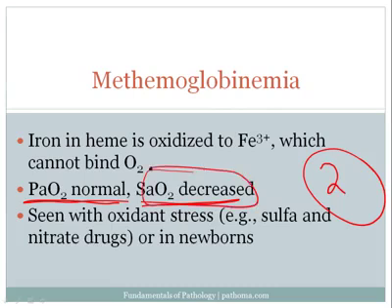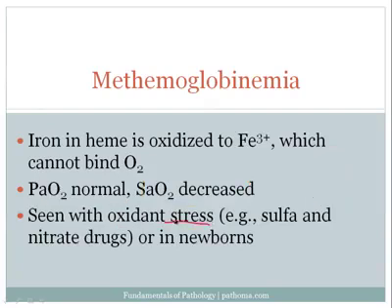Now, the next point to be aware of is in what clinical context would we actually see methemoglobinemia? Classically, it's seen with oxidant stresses, which have the ability to oxidize the iron. So what are some oxidant stresses? Well, sulfa drugs are oxidant stresses. Nitrate drugs are oxidant stresses. Those are the classic ones, and those are the way by which they tie in a little bit of pharmacology on examinations. Another group of patients that can actually develop methemoglobinemia are newborns.